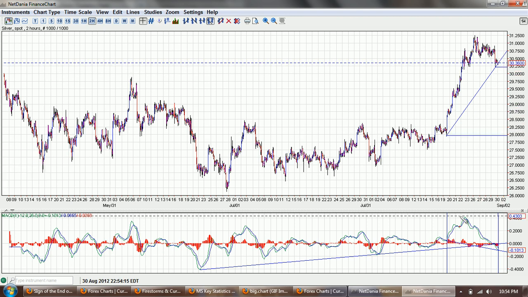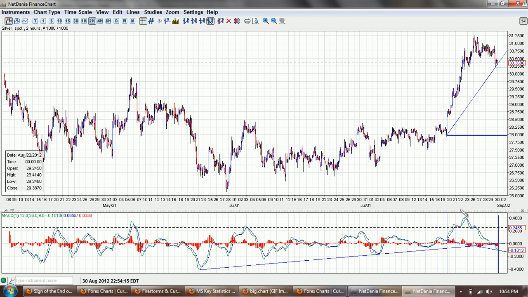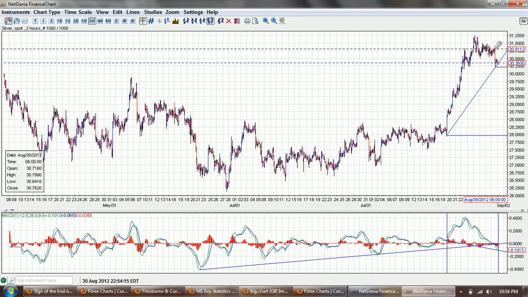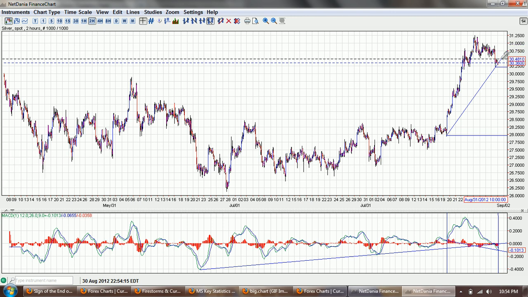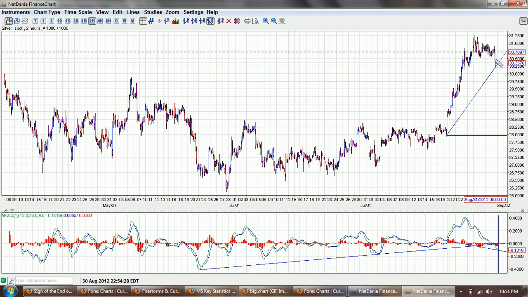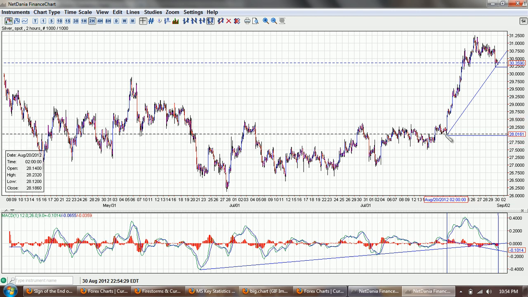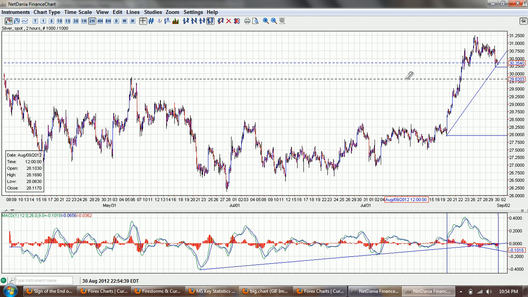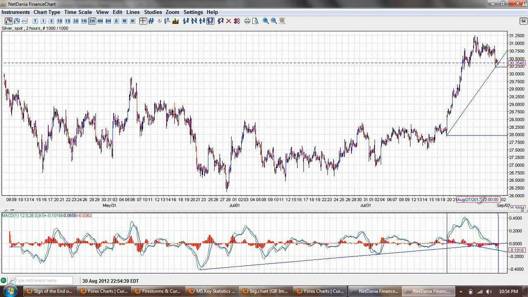So even though the MACD is completely retraced and is in fact lower than it was before we broke out, you can see that the price itself has really only corrected about maybe a quarter of that. So that's a big divergence, and that's the difference between this uptrending sloping trend line and this downsloping trend line. Now that's going to resolve one way or the other, of course, and it could resolve to the downside.